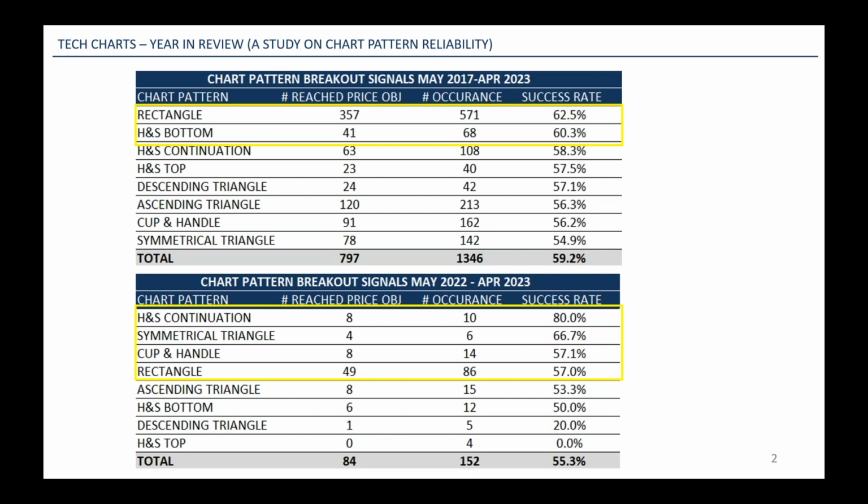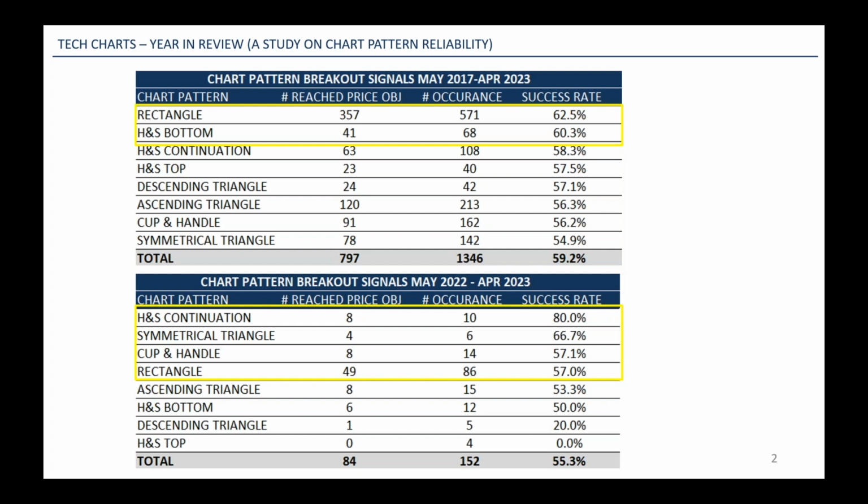Now, have we seen worse than this? Yeah, in a couple of slides, we're going to look at the MSCI All Country World Index and over the past 6 years, how the market phases have changed and also how the pattern reliabilities have changed. So 55.3% is still in a better shape than, for example, a downtrend that we experienced in 2018, where the success rate was around 50%. Now, something that I'm going to draw attention to as we also go through the chart patterns in the following slides,